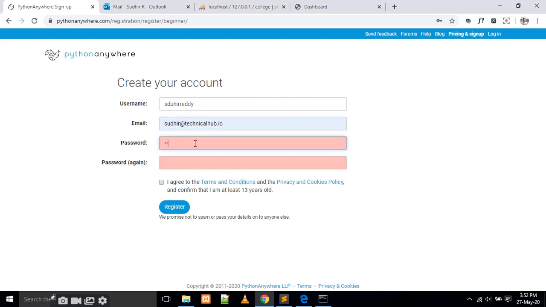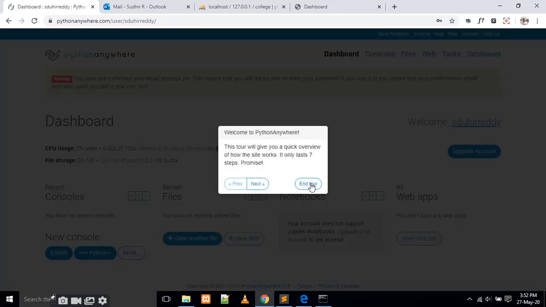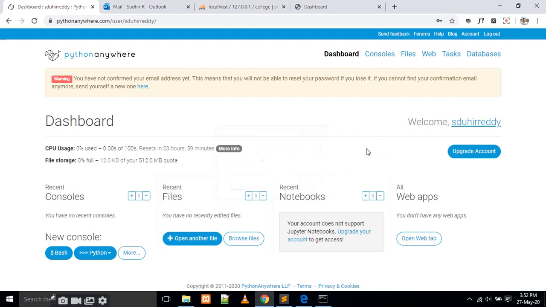I am giving a password here and just register. If the username already exists, it gives an error. If it is unique, no problem, it will redirect to this page, and it creates one mail ID like this.